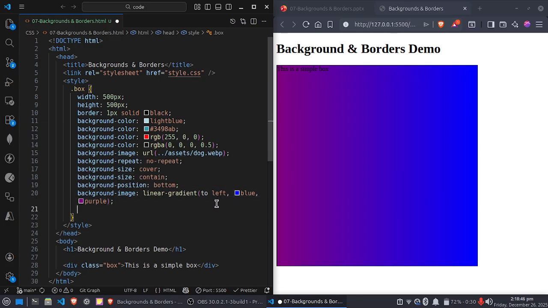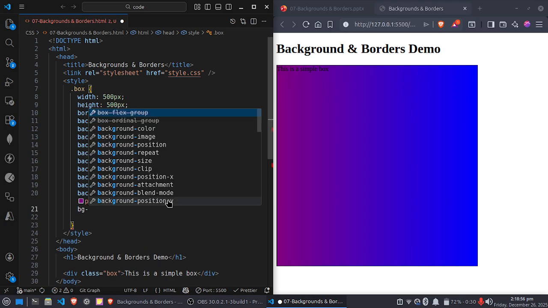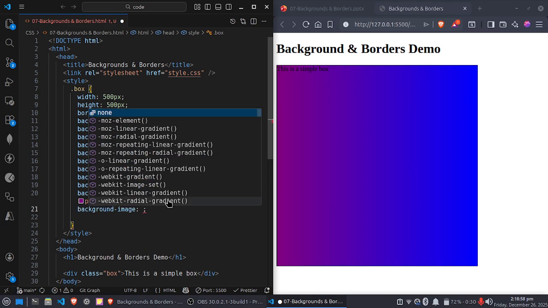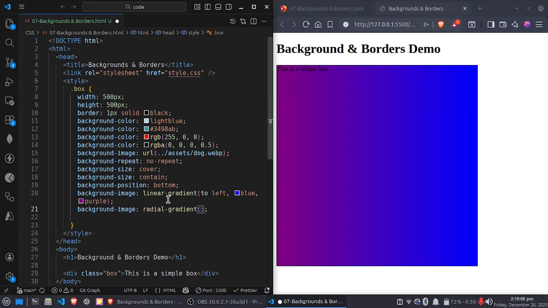Radial gradient is similar to the linear gradient, but linear gradient means from left to right or right to left, or top to bottom or bottom to top. But this one spreads from a center in a circle or oval shape. Great for the spotlight or soft design. If I set that radial gradient, circle,